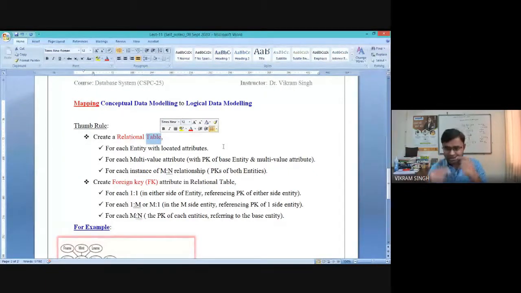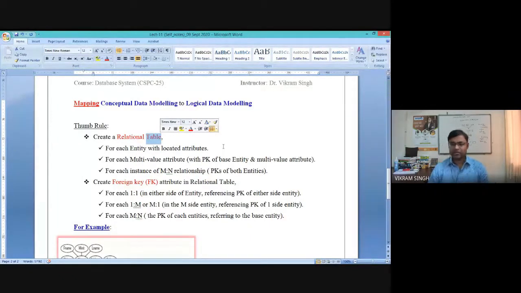So to avoid this repetition of all the remaining values except this column, we can simply separate this attribute from the base table, right? Similarly, the first condition was to create a database table for each entity. Now the second condition says, if you find that there is some multi-valued attribute placed on some entity, you need to create a separate table for that multi-valued attribute.